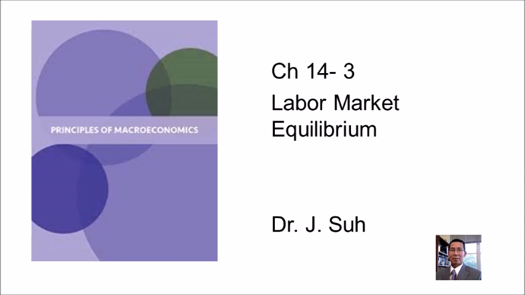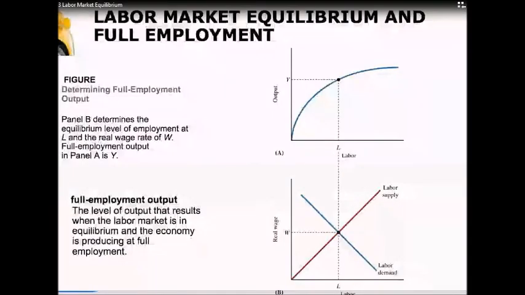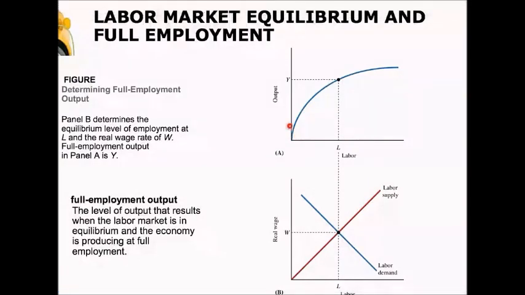Now let's put the labor market and the production function together to get our full model of long-run output and our full classical model. Here we've got our production function, which tells us, given an amount of labor, how much output is going to be produced, and we can see that it goes up, but it goes up at a decreasing rate. In the bottom part of this graph, we've got the labor market, where we have labor supply and